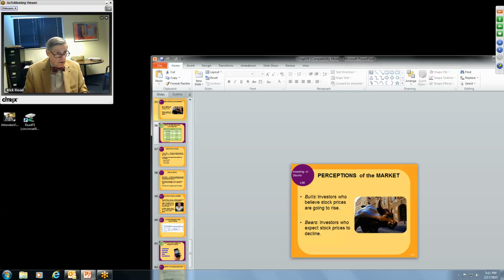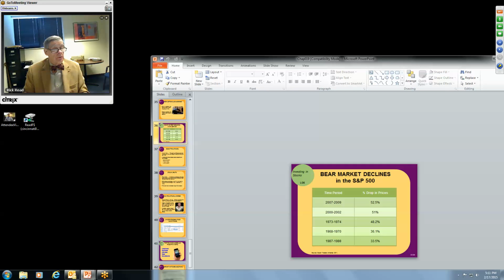Obviously, every time you get on a high like we're on right now, there's going to be a low, and when that's going to happen, it's up for anybody's guess. Markets don't sustain themselves for more than 40, 50 months at a time, and then they go in opposite directions. These are the bear markets, and then how long they were and how much prices dropped. And you notice there that from 2007 to 2009, it was almost 53% loss of value in the S&P 500